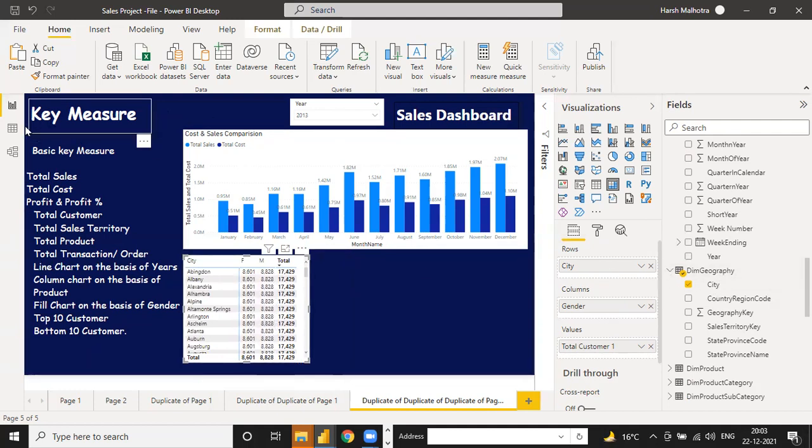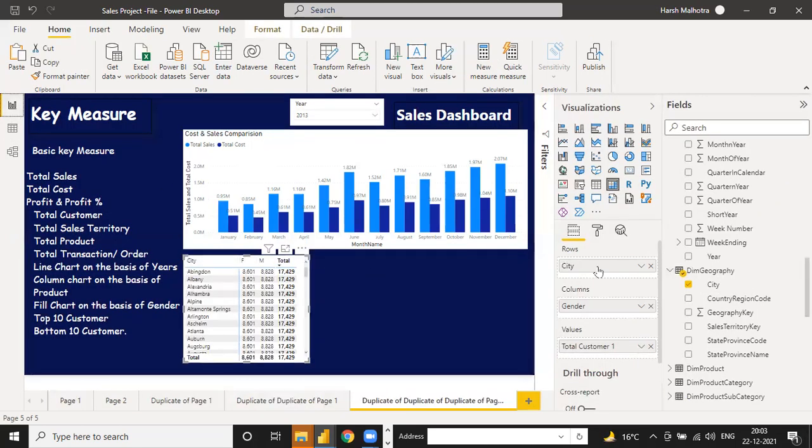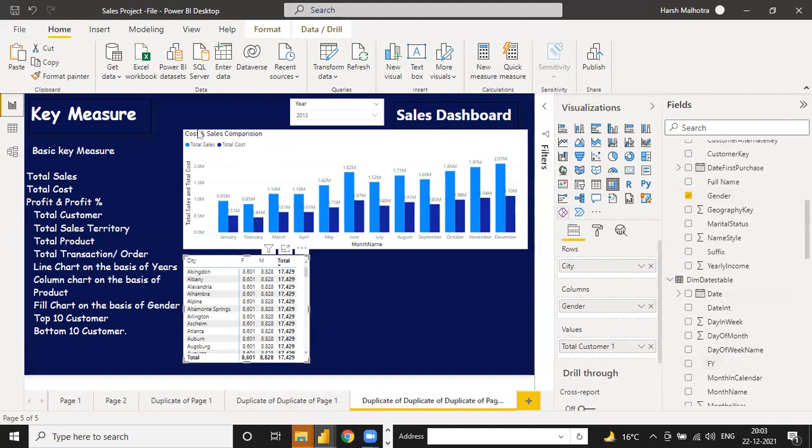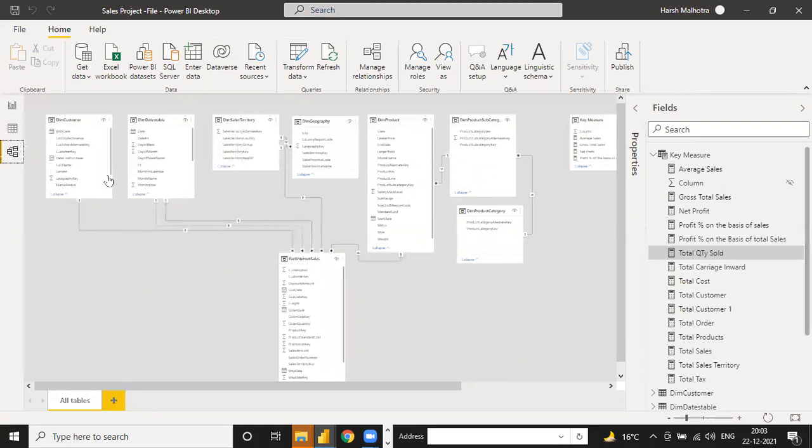Okay, I think the geographical and sales tables are not connected one by one. Sales territory to sales territory. Click on this city and female. Female is in which customer table? Okay. Under this customer table, we have, I think, one option. See, geographical key. And under this geographical key, we also have an option of something else. Let me check.